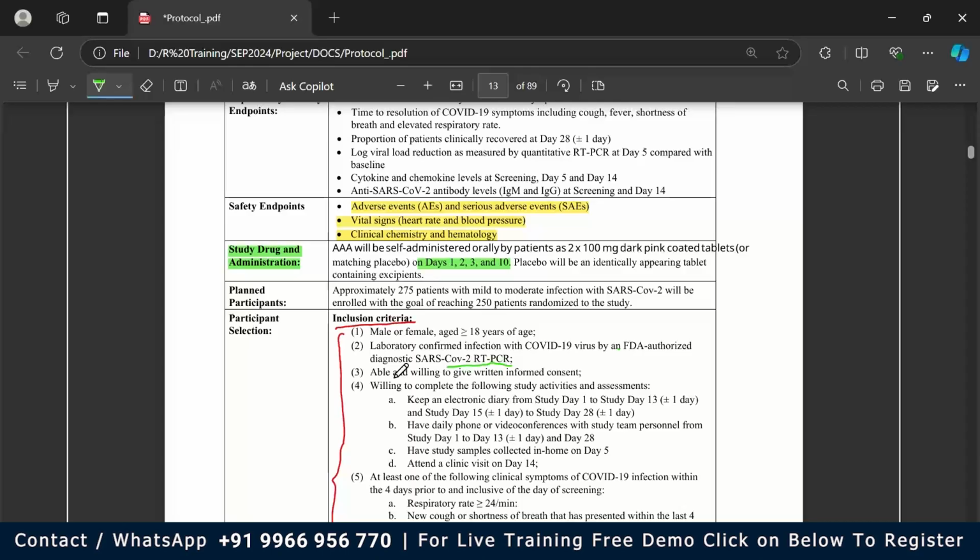Only then does the investigator recruit that patient at the site. If any patient satisfies any one of the exclusion criteria, then they cannot include that patient into the study. The inclusion and exclusion criteria are devised just to make the patients homogeneous,